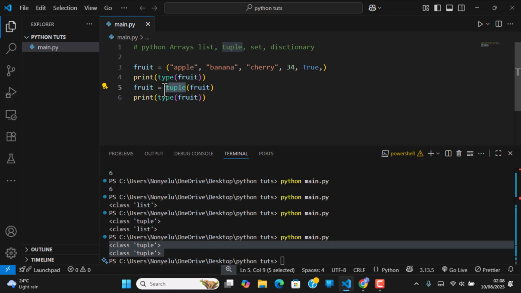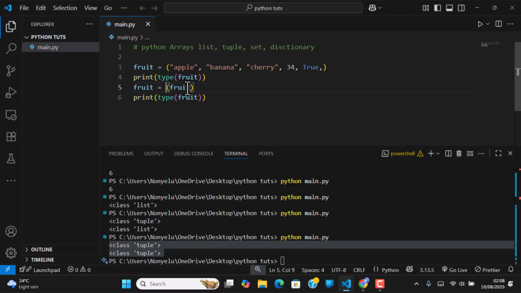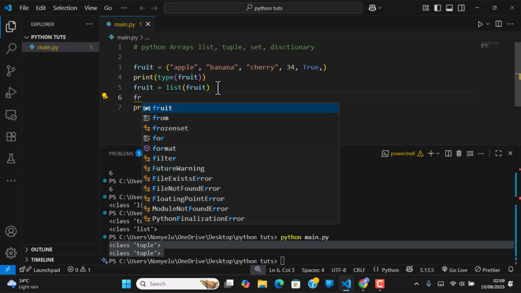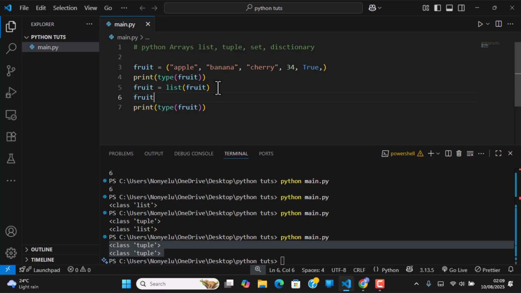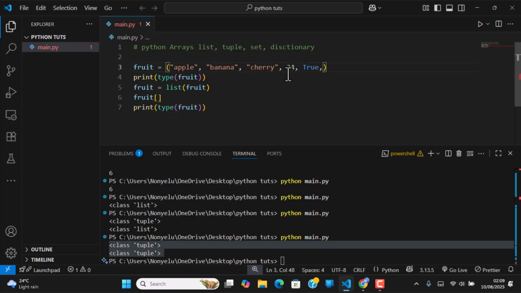And after converting it to a list, we can now do something like this, fruit, and then we target the index value of true, which in this case is going to be -1, since I don't want to suffer myself trying to find the index, but the index is going to be 0, 1, 2, 3, and 4. So if you still want to use 4, you can still access it. Okay, and I want to change it to false,